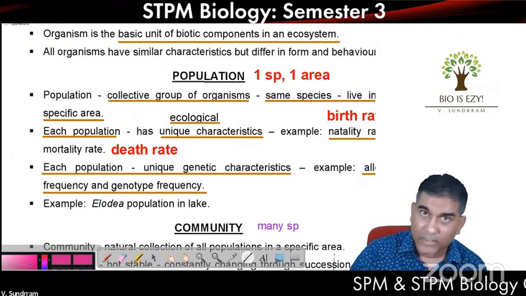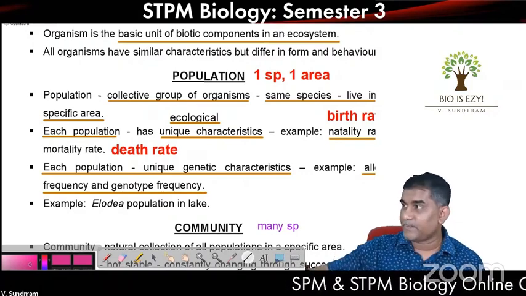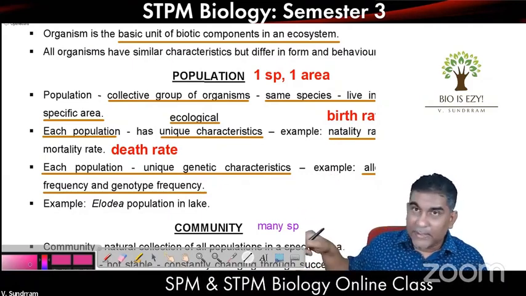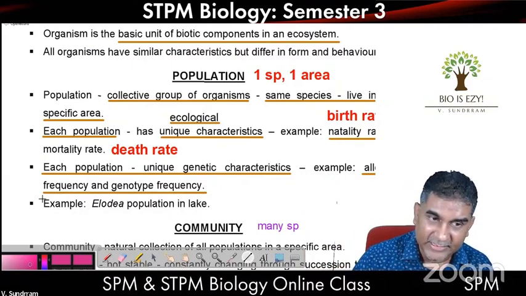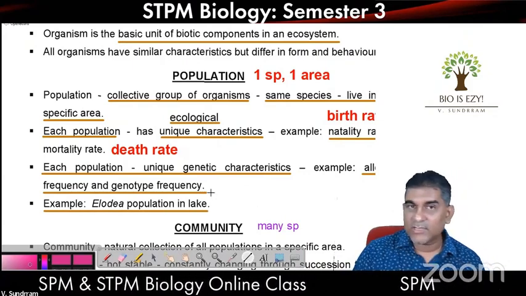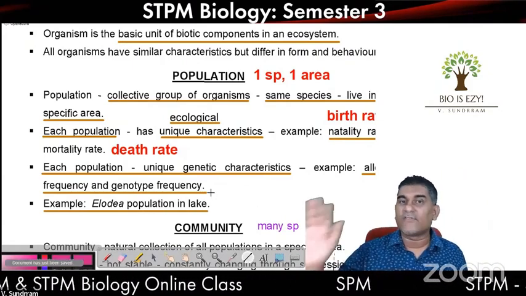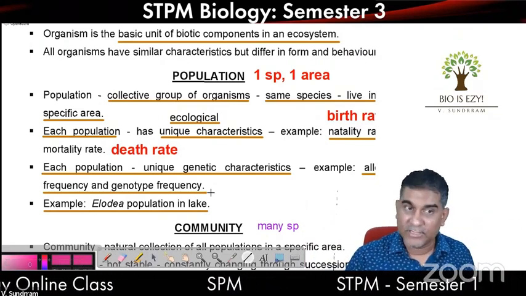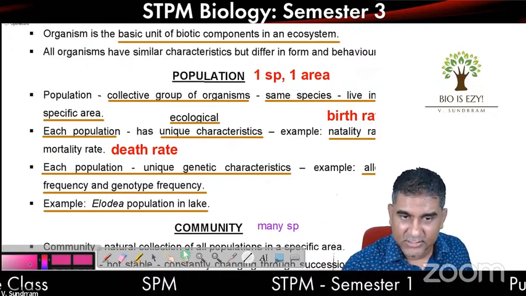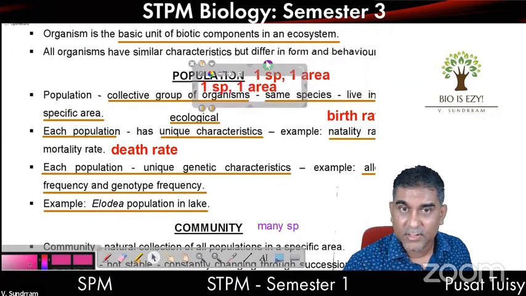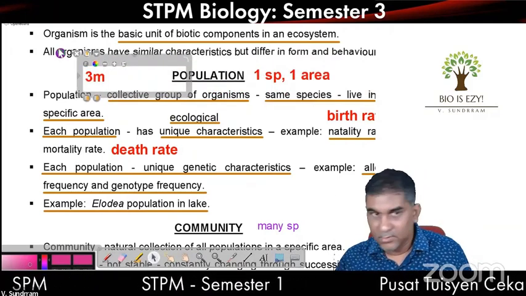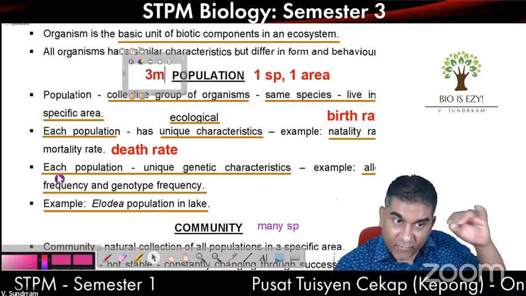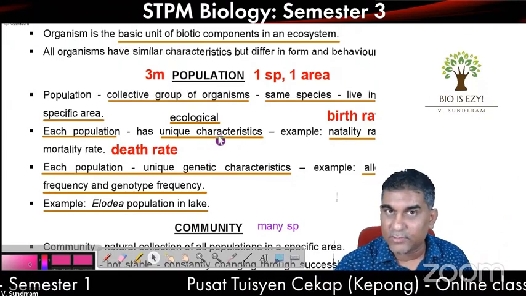Every sentence is 1 mark. They can simply ask you, describe characteristics of a population, 4 marks. You have to write back all of this. 1 mark is for the example. The best choice is either use a lake or use a forest. These are the two commonly used, lake or forest. That will be population. So I have 4 sentences here, so we'll always reduce 1. So let's say this question can give you 3 marks. I have 4 sentences, but maximum I think they're going to give you 3 marks.